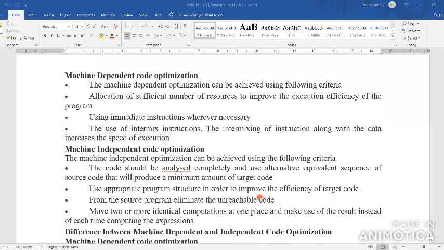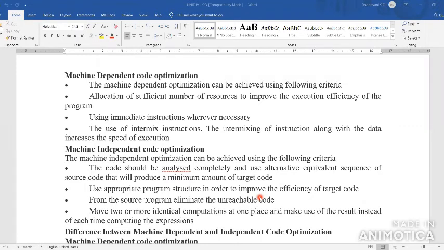Then in this machine independent optimization, it does not involve the registers of any CPUs. Okay, so this is machine independent optimization. This optimization technique can be applied to the intermediate code generation phase, to improve the intermediate code generator to get a better target program as the output.